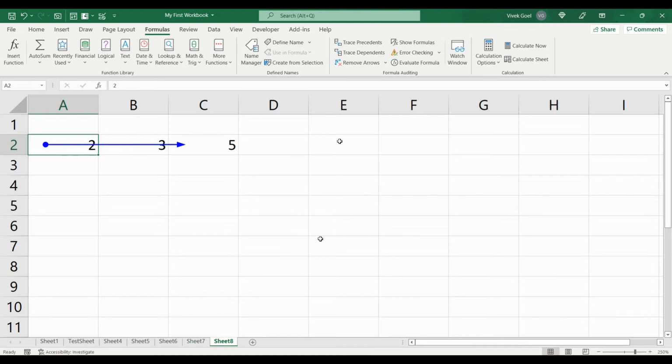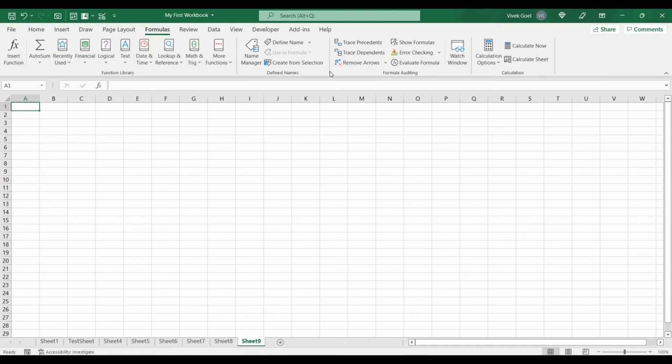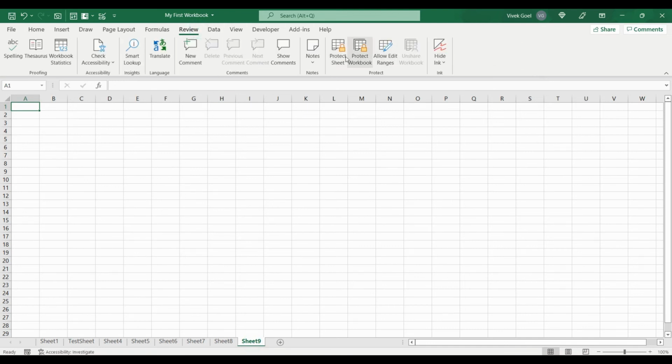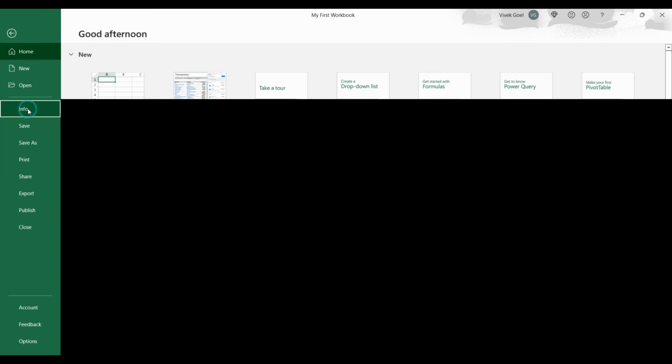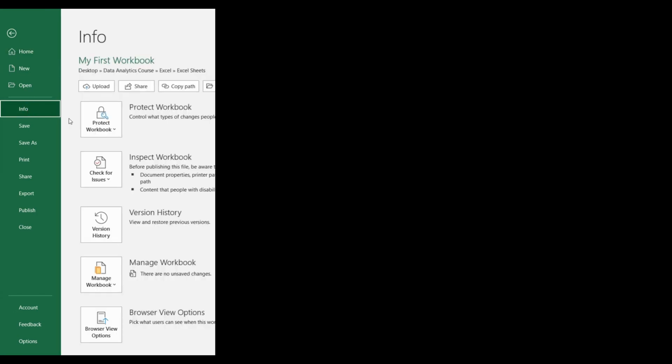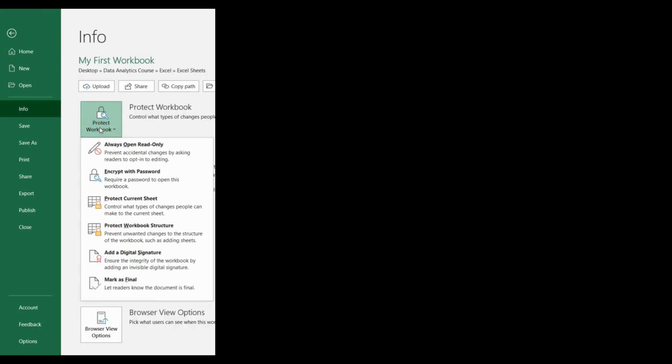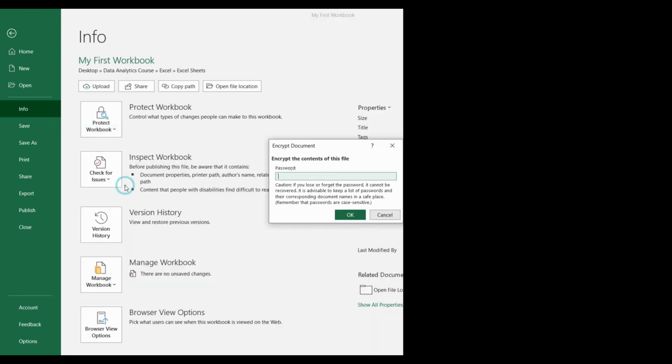So we can protect the contents of our sheet or workbook from our review tab, and in case we want to password protect the entire workbook, we can go to file. From there we will go to info and we will click on protect workbook, encrypt with password option. Now we just have to specify the password 2 times and our workbook will be